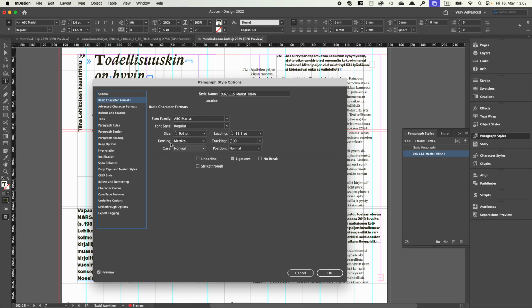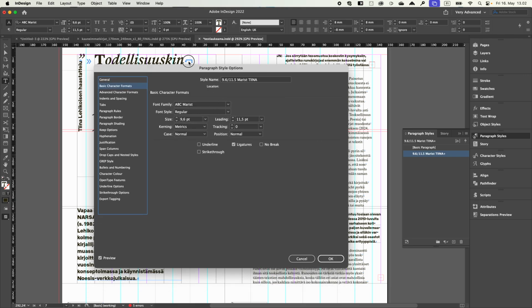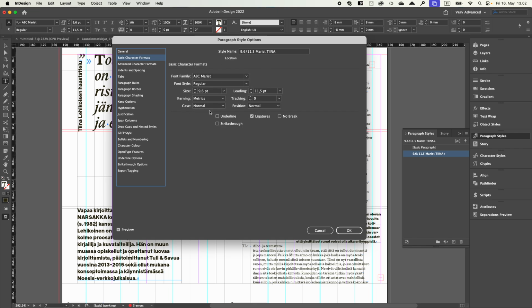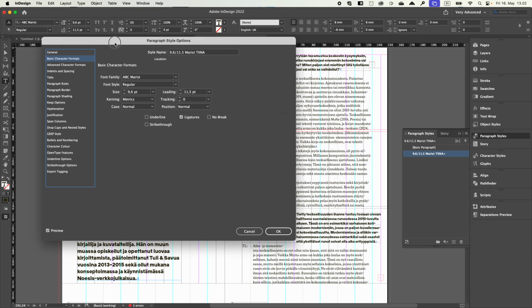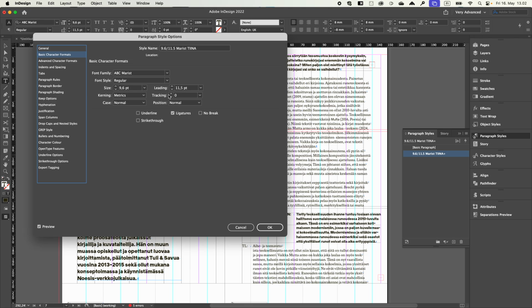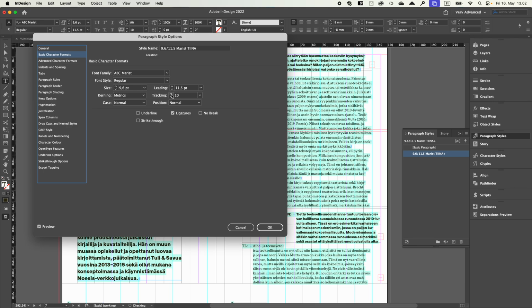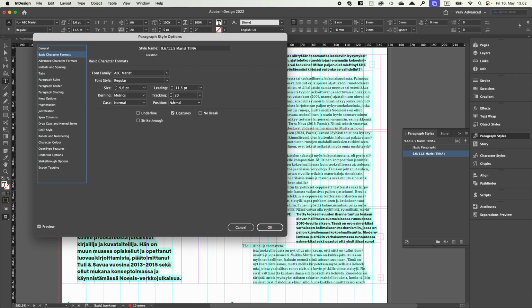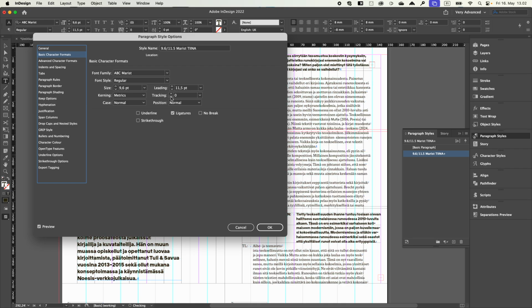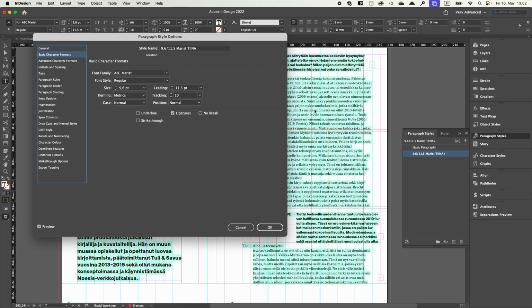So okay, here we've got all these basic character formats. I don't think I need to walk through this as much. There is one thing though that often people, if they want to condense or loosen up the text or the typesetting, will add some tracking here. So like adding 10 or 15 or then tightening up by going minus. I prefer to do it elsewhere, because if I do it here, then